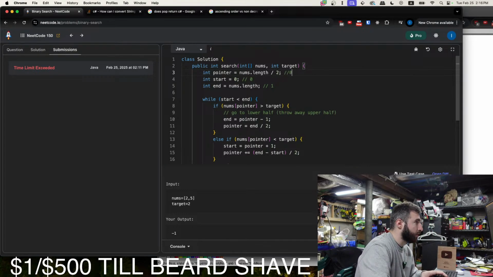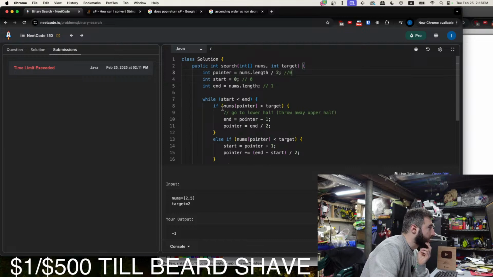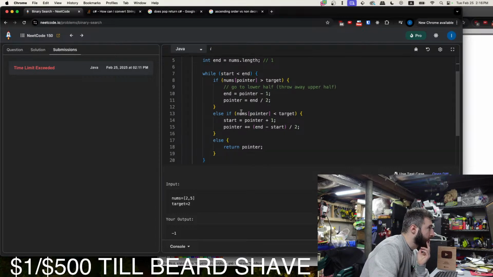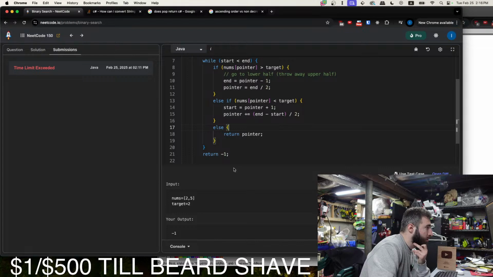Under 0. Num 0 is 2. If num's pointer is greater than target, no. Also, if num's pointer is less than target, is 2 less than target? No. Is 2 greater than target? No. Then it should return 0.